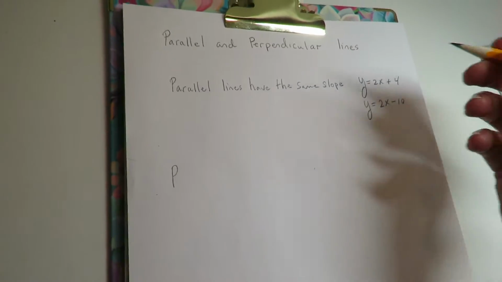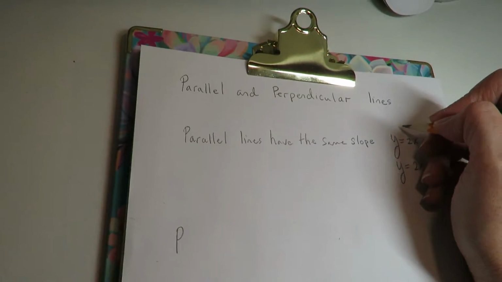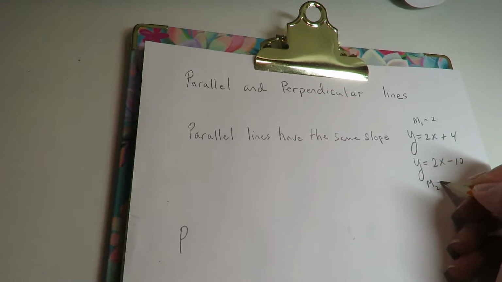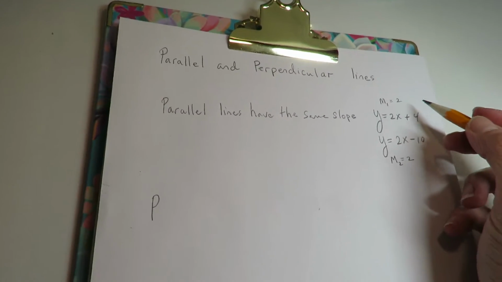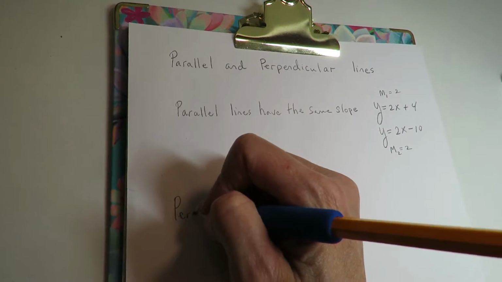Parallel lines, let me just say that a little bit more clear. They're parallel to each other because both of them, the first one has a slope of 2 and the second one has a slope of 2. So since the slopes are the same, they're parallel. All right, perpendicular